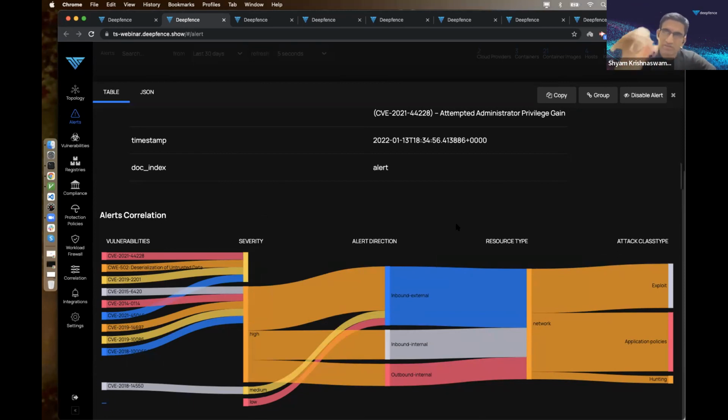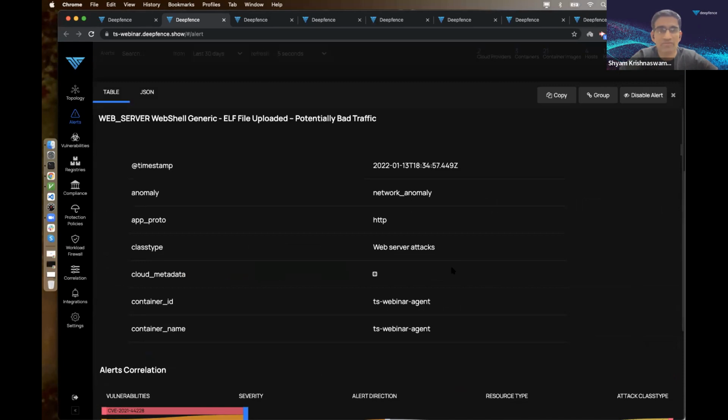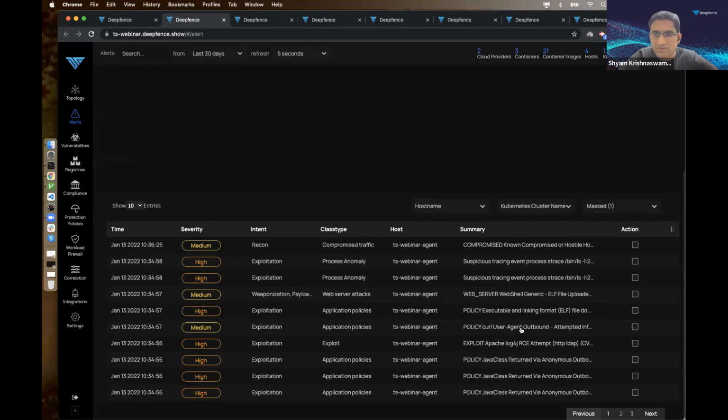Right? And we do this for every single event that we observe within our infrastructure. And that helps us to uniquely build out this whole attack story, right? You got a malicious payload. There are some local changes that are happening in your system, and there is some egress out of your system, and that helps us to build this whole story. And so let's go ahead and look at what we have observed in terms of certain local changes. So to look at some local changes, here we go. There is some ELF file upload that's going on here. Or more interestingly, let's look at,